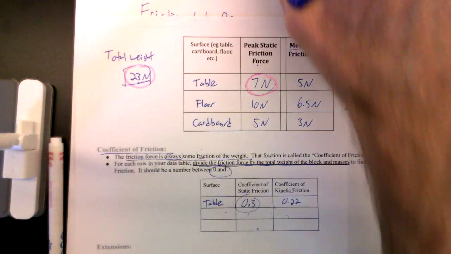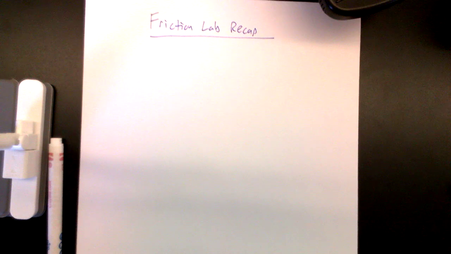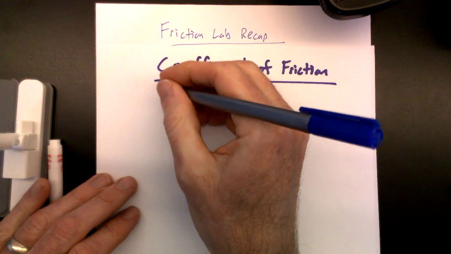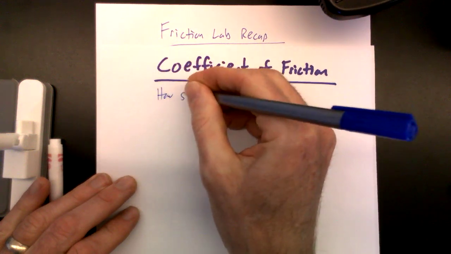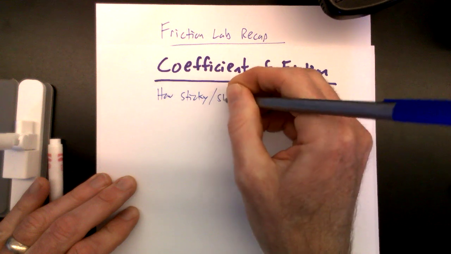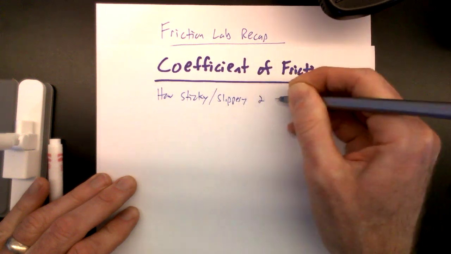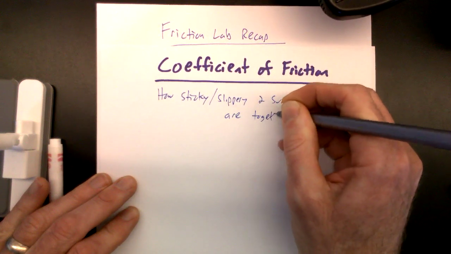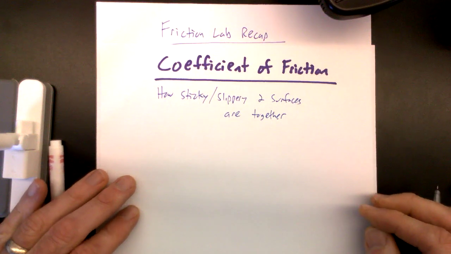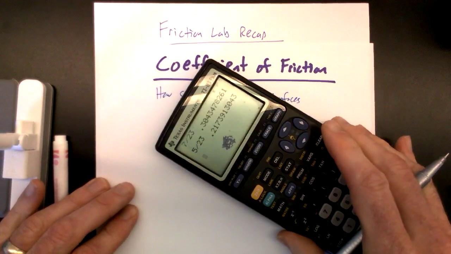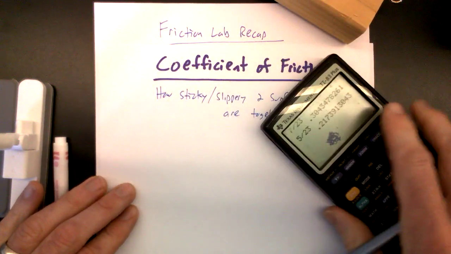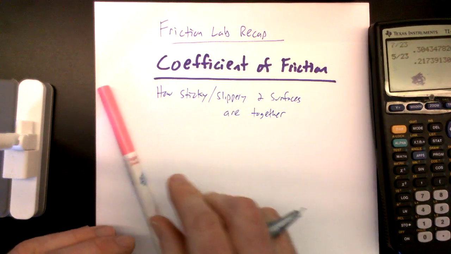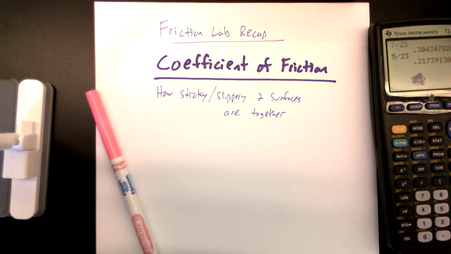So let me talk a little bit more here about coefficient of friction. Once again, it's a measure of how sticky or slippery two surfaces are together. So every two surfaces together are going to have a coefficient of friction. The calculator against the paper, the wood against the calculator, the pen against the paper. And this is not something that you can predict, it's something that you actually have to measure. And that's what we did in this lab, is we technically measured the coefficients of friction of the wood block